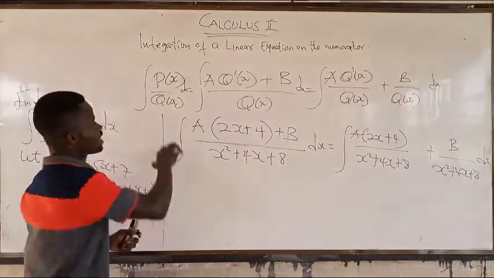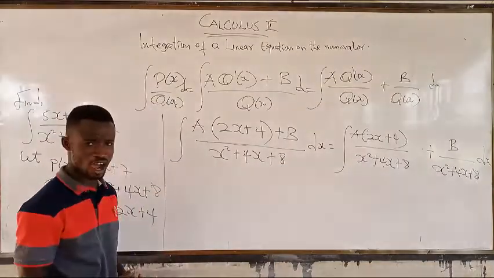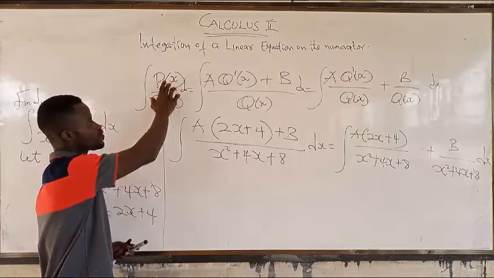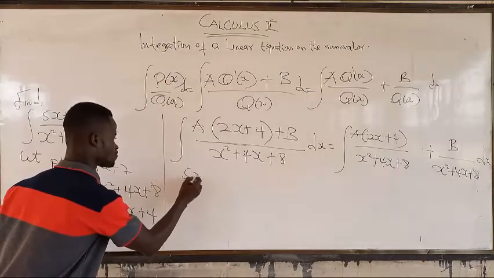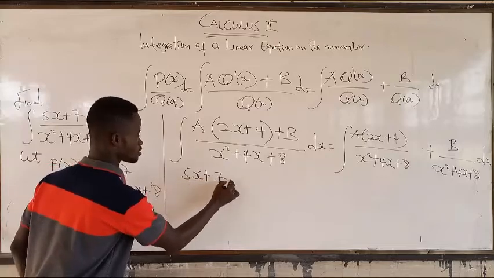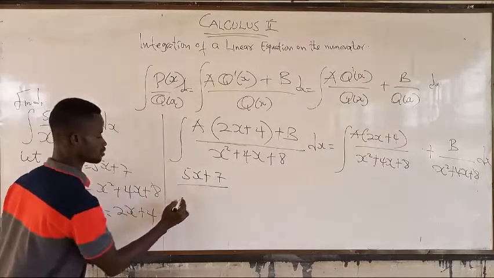Now let's take the calculus aside and bring out the algebra. P of x over Q of x, and that is this over this. So this is 5x plus 7, all these over